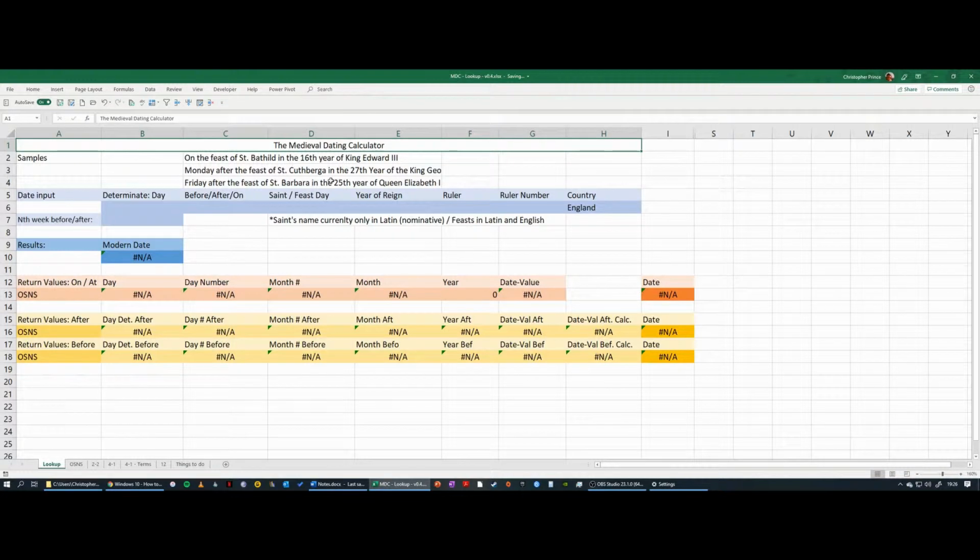So just to give you a little background, the calculator is based off C.R. Cheney's medieval handbook. All the data has been extracted from there and input into various databases and formulas within the calculator itself, and it essentially is an automation of that process. So to begin with, I've got a few examples up here that I'll just run through to show you how